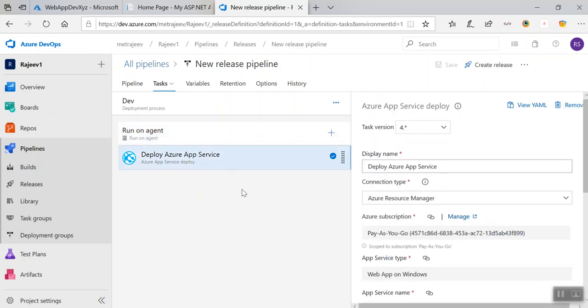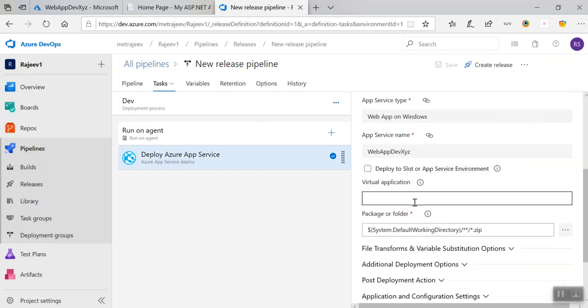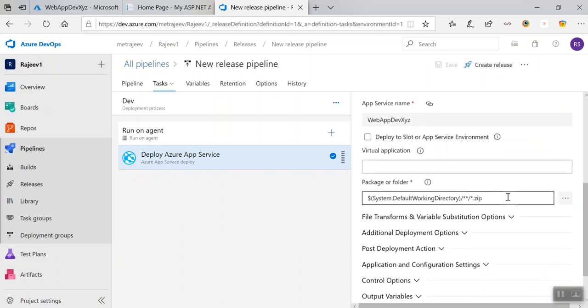Now if you come to this particular setting, once you do that, you can see the task version 4 dot asterisk, you can write, and then deploy your name, whatever name you want to keep for dev or something, as resource manager, and subscription, the service types, those things, deployment slots if you want to give. I'm not keeping this. The package folder will be this particular folder, which will be coming in the default one.